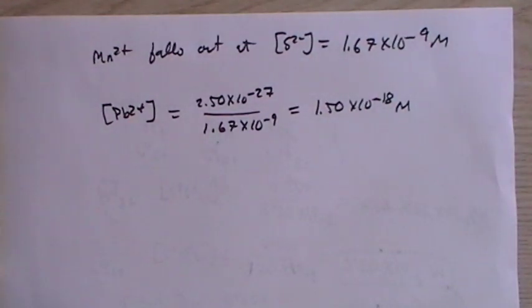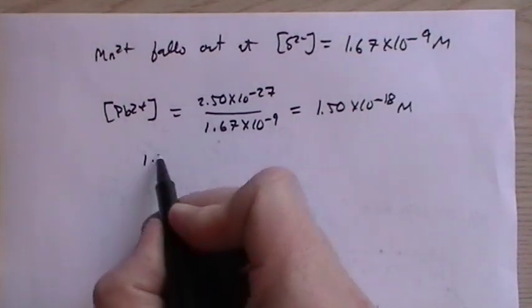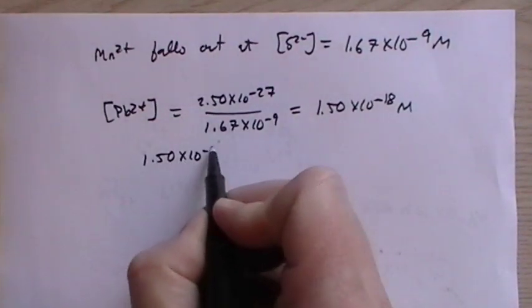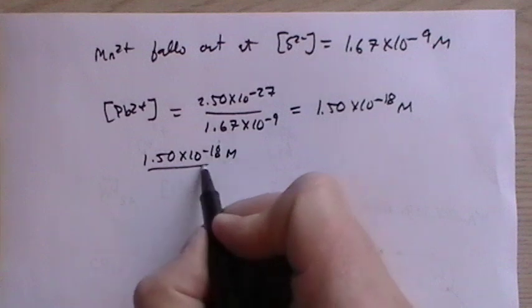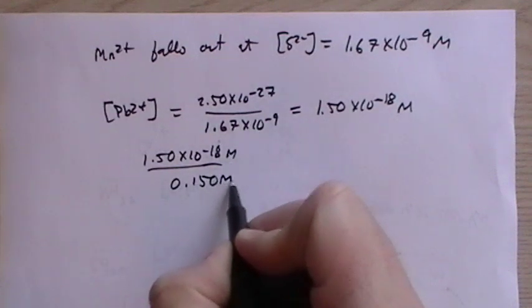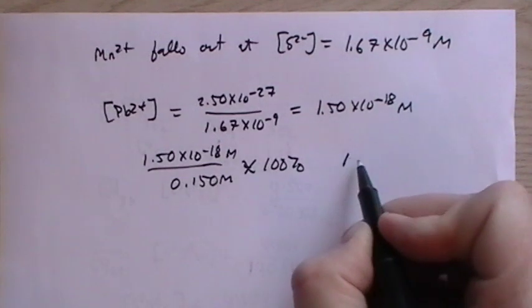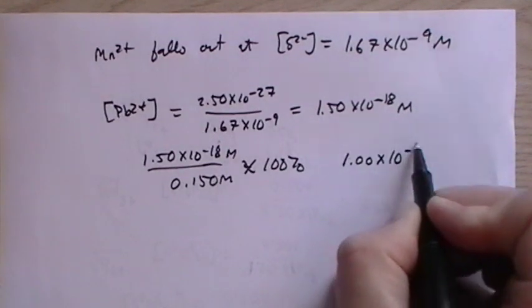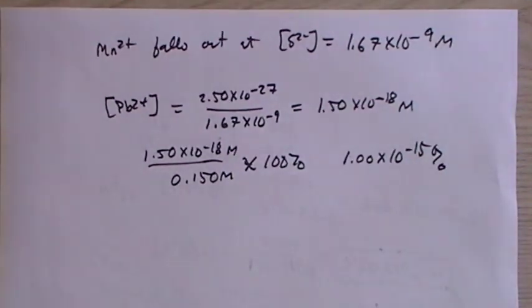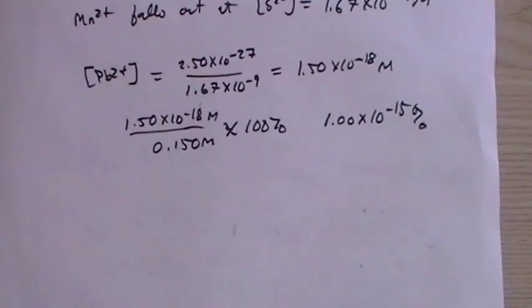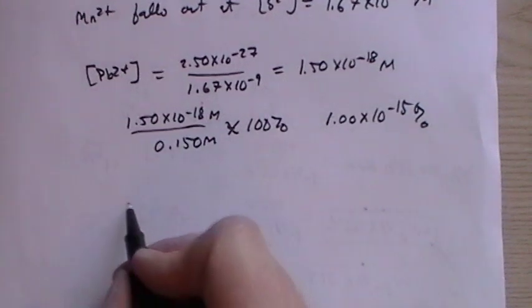And then 1.50 times 10 to the minus 18 molar over our starting point, so times 100%, and that comes up to be 1 times 10 to the minus 15%. That is completely cleared out. There's nothing left there. And then the other one, cobalt